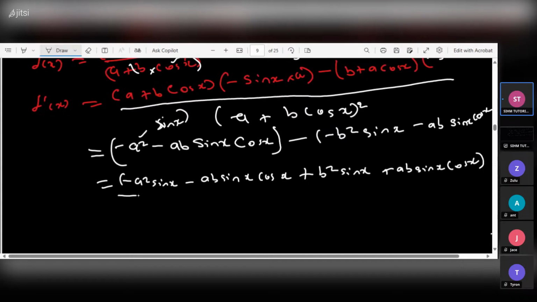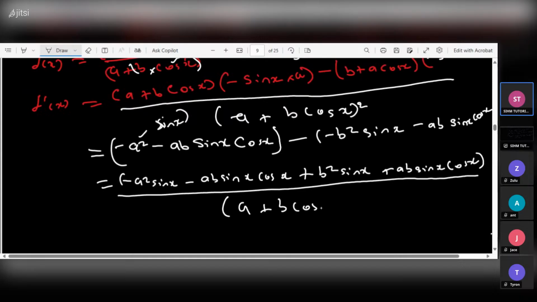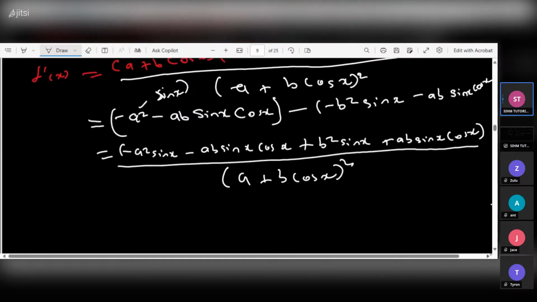In that way, we're going to say that ab, we're going to simplify that one at the bottom, which is also fine, a plus b cos x, and then all squared. So as we are trying to simplify this,